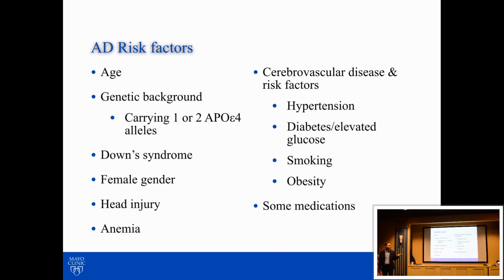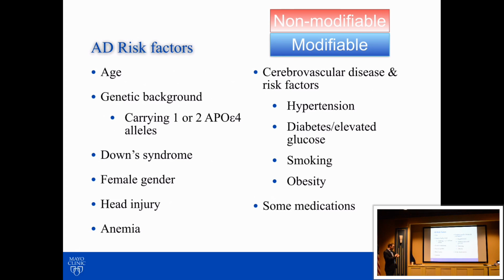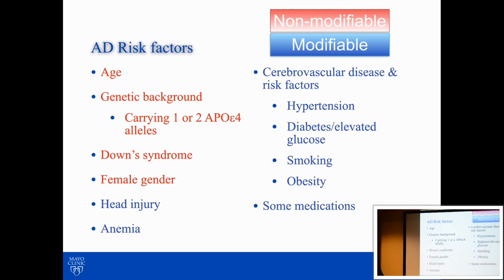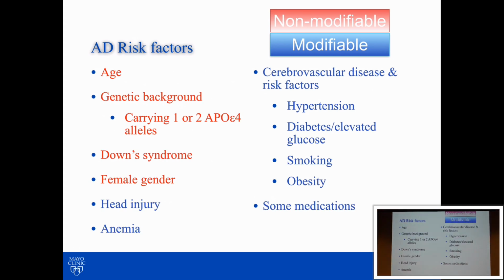Risk factors for Alzheimer's disease. Because it's the number one cause of dementia, we're going to focus on that and extrapolate a little bit, but there are lots of them. Now, we're going to divide these up into modifiable and non-modifiable risk factors. Okay, so a modifiable risk factor is just that. It's something you can do something about. But a non-modifiable is, well, something that you can't do anything about.